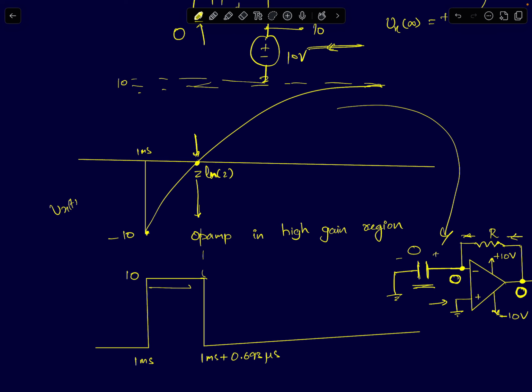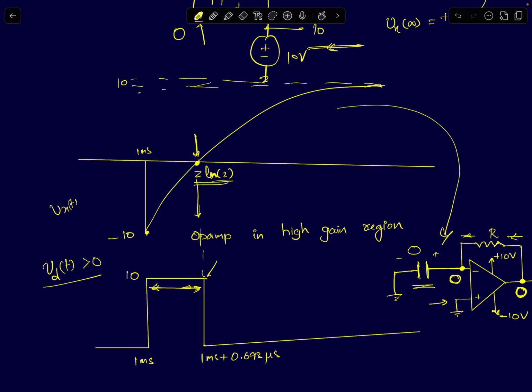The output voltage initially was at 10 volts. In this entire duration, your Vx of t was always negative, which means your Vd, the differential input to the op-amp, is always greater than 0. So it was justified to assume the output is 10 volts. The moment we reach the point where Vx of t goes to 0, which happens to be at tau ln 2 seconds,